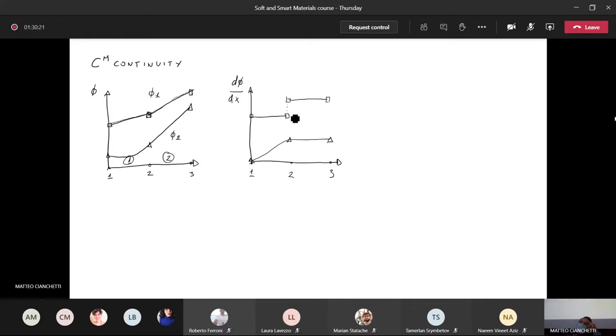In the first case, phi1 has a first derivative with a discontinuity, a sort of singularity here. In the second case, phi2 has a first derivative that is